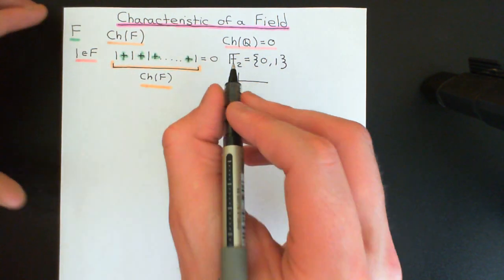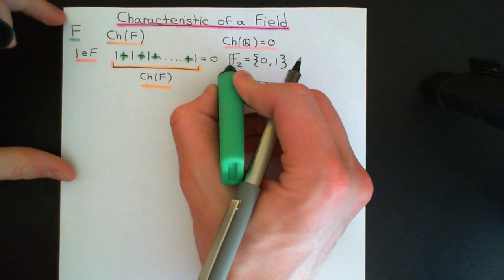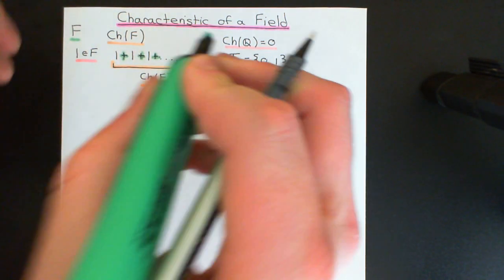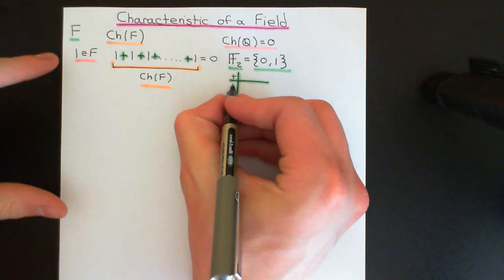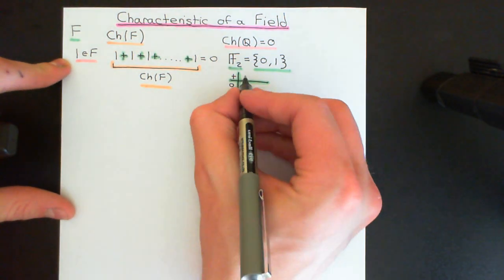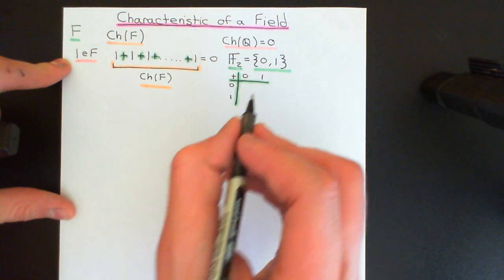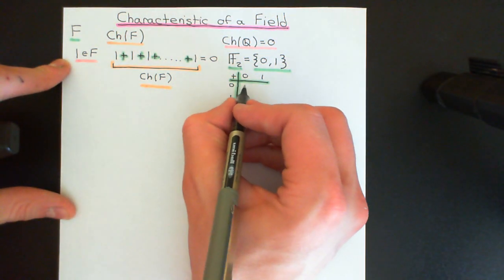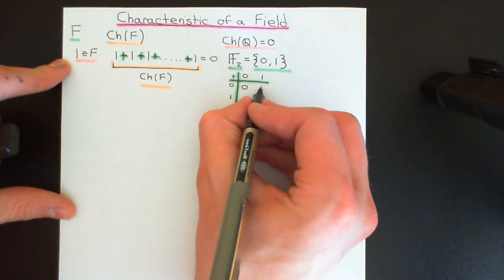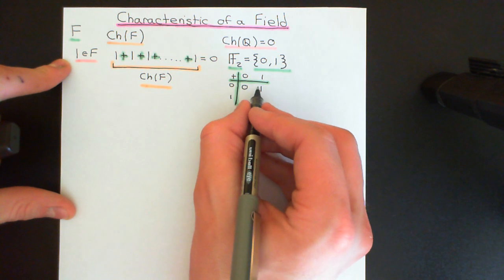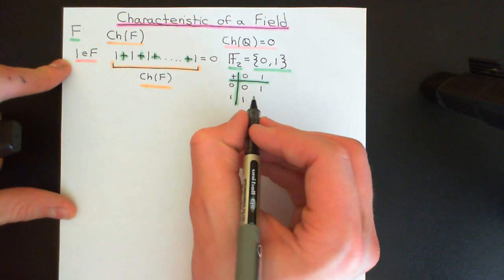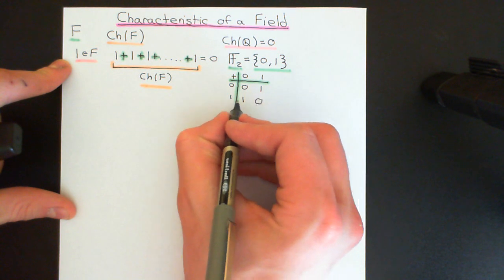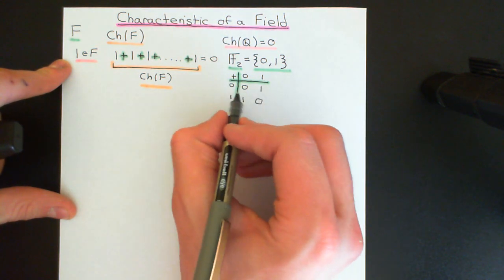Here's our addition composition table, and I'll just add a little bit of colour on here, so we'll colour it in green. So now let's draw out our addition composition table. We'll need a row corresponding to both 0 and 1, a column corresponding to both 0 and 1. Okay, 0 is the additive identity, so it'll add to everything to give the other thing back again. So 0 plus 0 is 0, 0 plus 1 is 1, 1 plus 0 is 1, and then 1 plus 1, okay, that's going to have to be 0, because of course this needs to be a group composition table,